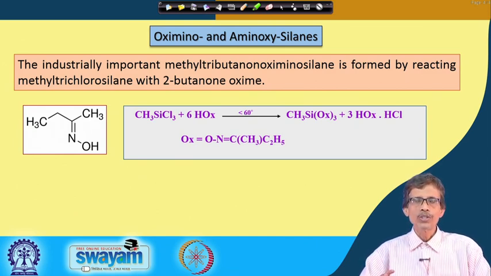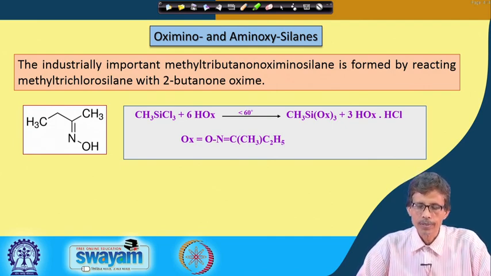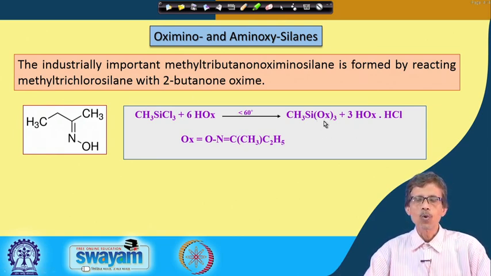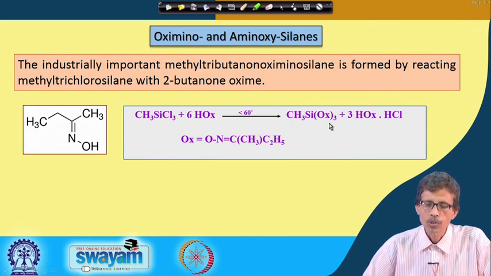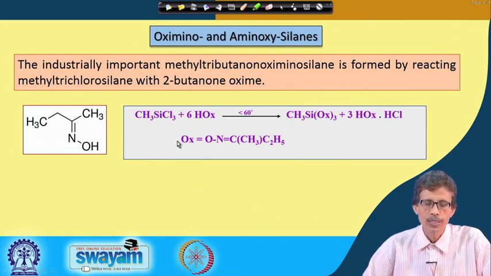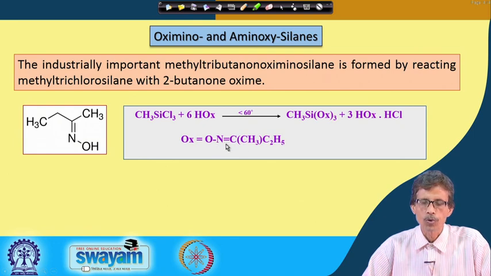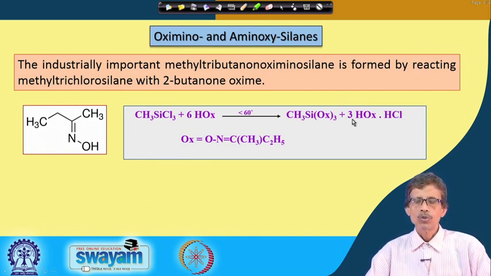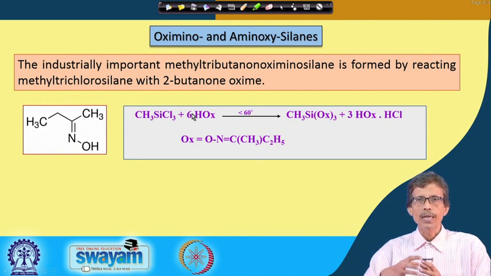Oxime functions are NOH, so that NOH will be there, then hydrogen will go away from that oxime function, and that hydrogen will be replaced by the Si group. So CH3Si(ON=X)3 we will get, and the corresponding free oxime group, because only 3 are being attached and we are utilizing 6 of them, because you require the corresponding protonation of those groups which are in the deprotonated form. So these protonated groups, that means HON=X, when H is attached to it, you get HON=X and its hydrochloride salt. So 3 of these, because the 3 chloride ions are coming out from the Si-Cl bond